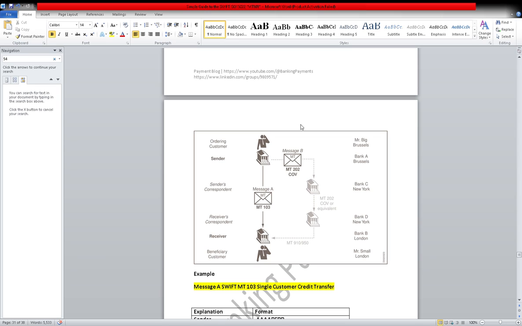Normally nowadays, 103 with MT202 cover is compulsory on the Swift network, so it will hardly happen that they send plain MT202. Yes, between the same currency and same country, the same bank will send by MT202. But if you are sending a cross-border payment and many correspondents are involved, banks have already made it mandatory that you have to send only by MT202 cover.